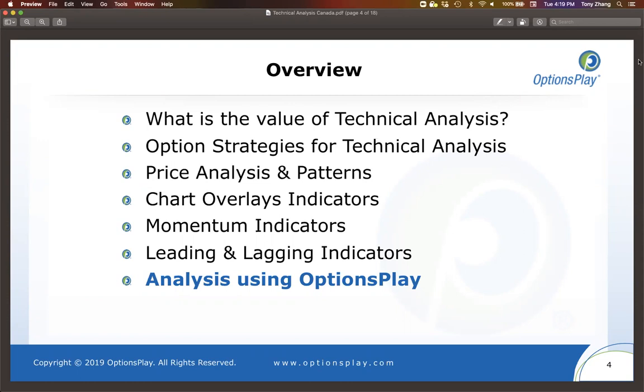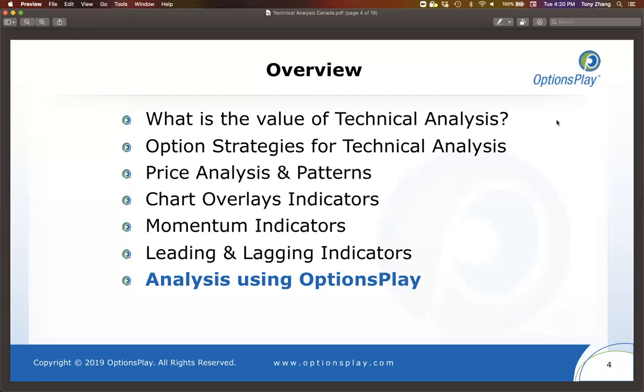Then what we're going to do is run through a bunch of different technical analysis techniques, everything from price analysis and patterns, which are basic technical analysis, jumping over to chart overlays like moving averages that many of you like to use, before we move over to things like momentum indicators and leading and lagging indicators, to give you a sense for, again, a broad category of technical analysis, and more importantly, how to apply each different option strategy to each one of these technical analysis